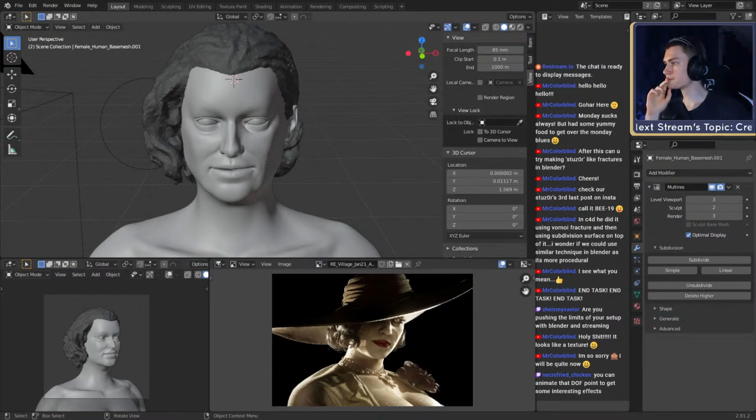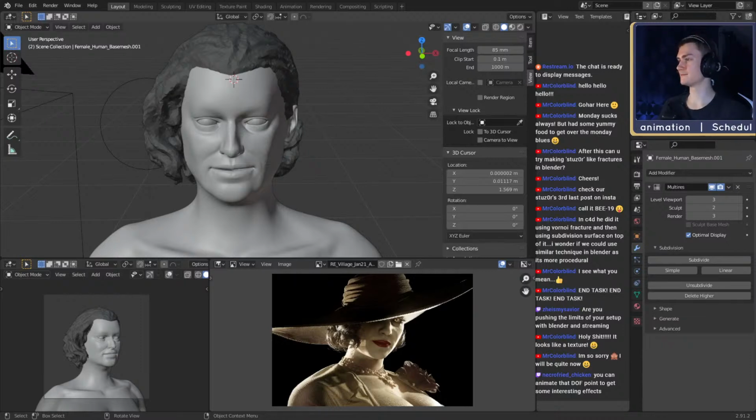Let's see. Oh my god, it's so old. Okay, so this is the most recent one I can show you. Let me pull it up real quick. Or let's use this one. Character 2. Nope, not this one. This is bald. That's not the one. That's another one. Nope. Oh, it's actually quite a while back. Nope.